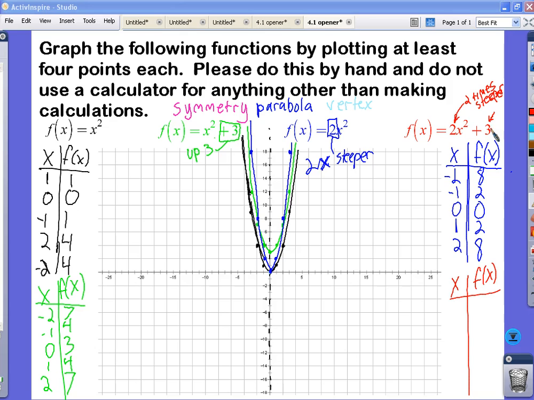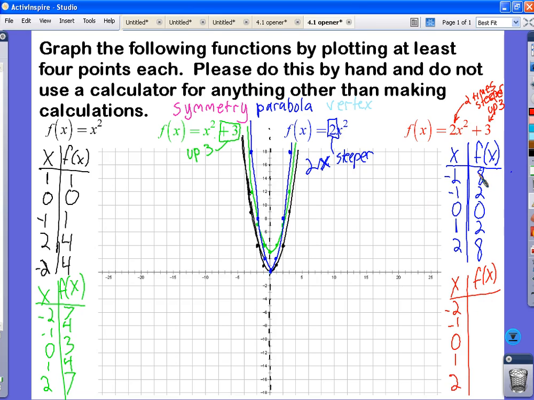What is adding 3 going to do? Make it go up. It's going to make you start higher, start 3 higher. So it's both going to be twice as steep and up 3. Start 3 higher. So if we put in these same values for x,